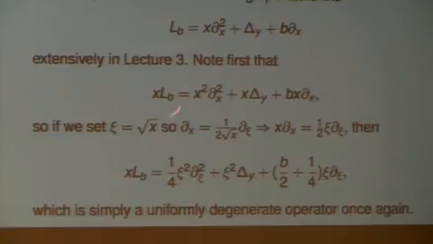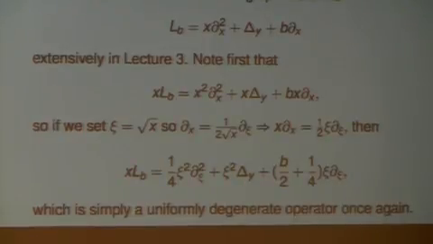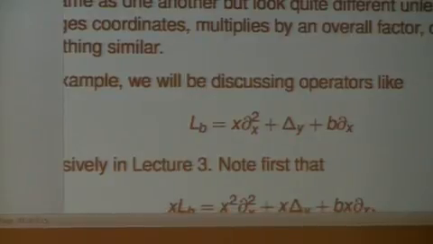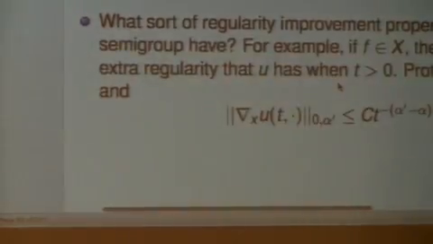So I multiply this operator by x, and then I do the following change, which is a non-smooth change of variable. I let r be the square root of x. When I do that, the short calculation gives me exactly one of these uniformly degenerate operators. So in other words, this operator, which doesn't look anything like a uniformly degenerate operator, it's degenerate in a very different sort of way, actually is one of these things that I described geometrically in disguise. Okay, so that's the point that it's probably appropriate to make at this point. So let me go back to 3, where was I?